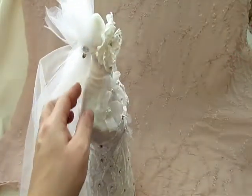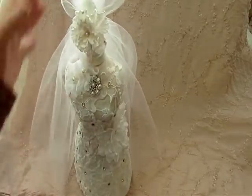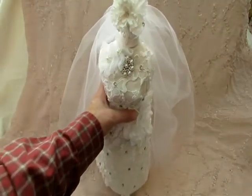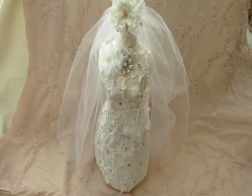So that is my dress form. I absolutely love how she turned out, and I always wanted a wedding dress one. I have a thing for wedding dresses. I don't know why, but I have a thing for wedding dresses. So there is my beautiful altered dress form,